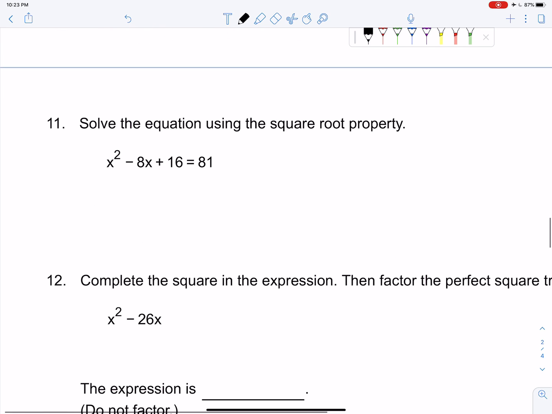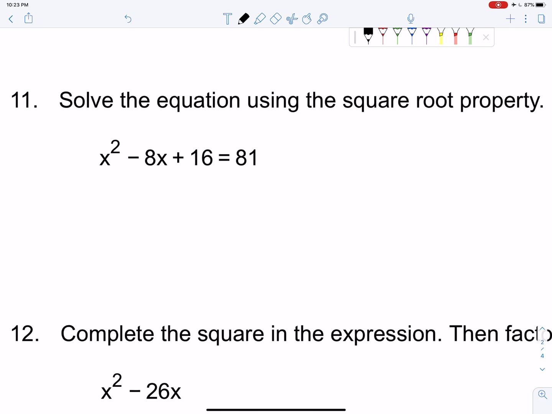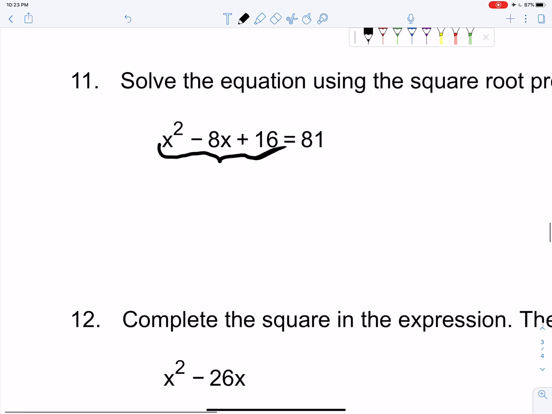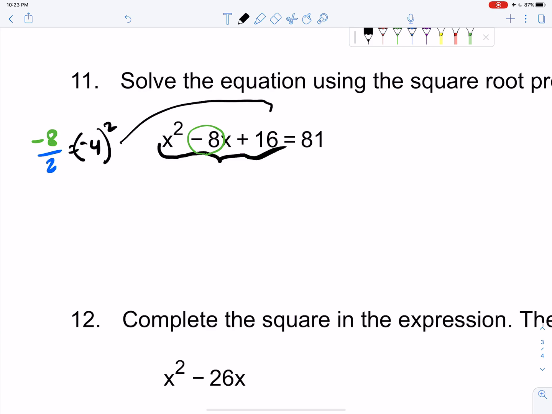But let's do this one first. And so that's why I don't like this one as much as a beginning problem. But if you look at that, that has that characteristic to it. So let's just highlight that, right? You take negative 8 and someone comes along and cuts it in half, which equals negative 4, by the way, and then you square that, and what do you get? You get 16. This thing is a perfect square trinomial, and so it factors down to